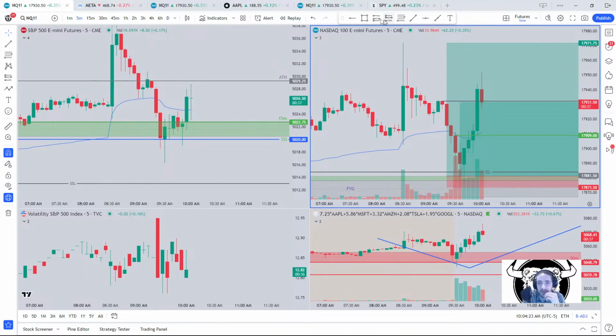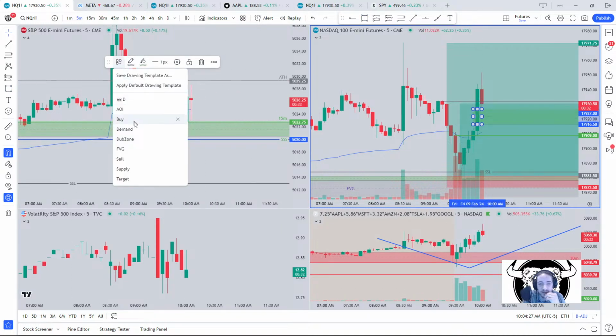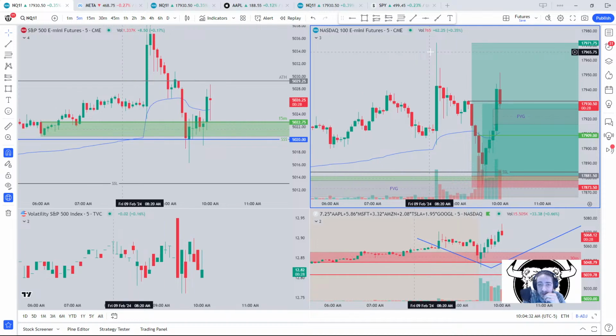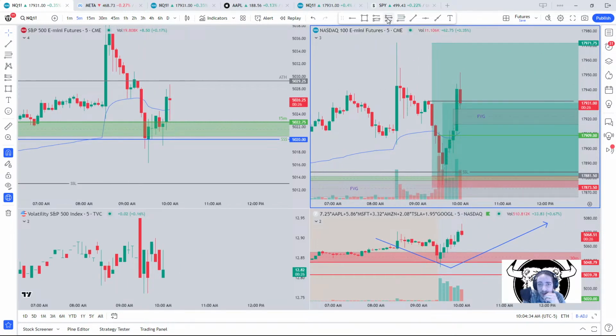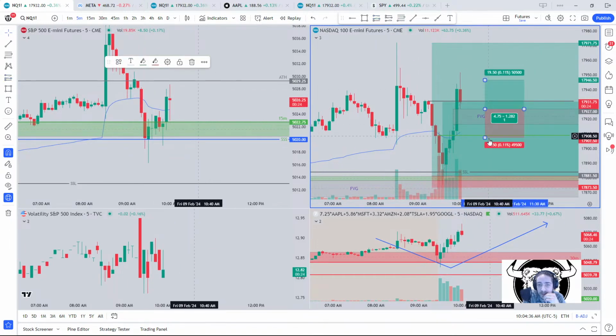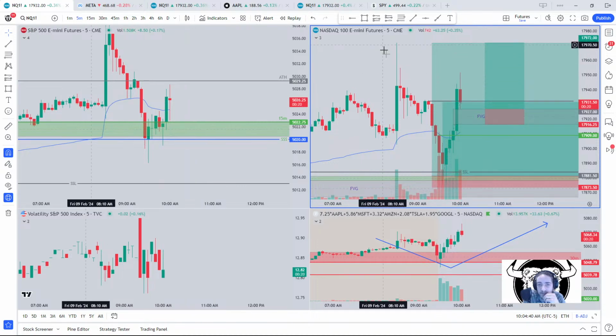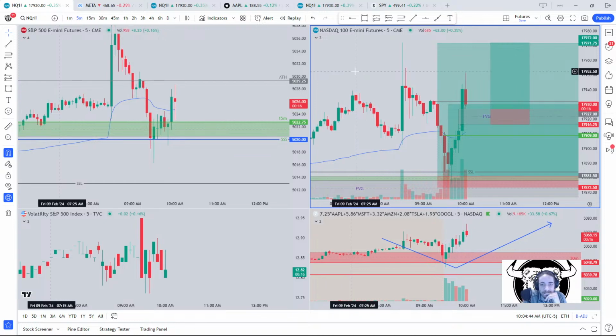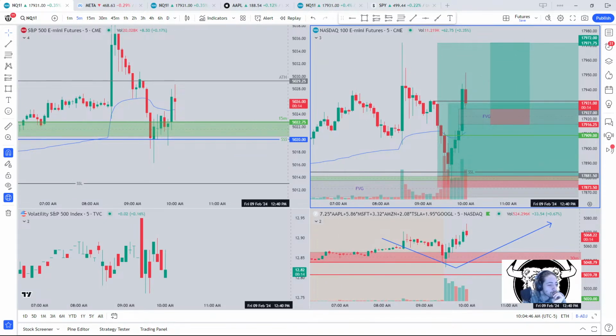If that's the case, I'm going to be just looking for an area to enter another contract. Like if we create this fair value gap right here on the 5 minute, like right there, guess what? I'm just going to get long off of it. Create another long position, right? Let's go. But I'm going to be patient. I ain't going to be crazy like that. 10 seconds left in this 5 minute.